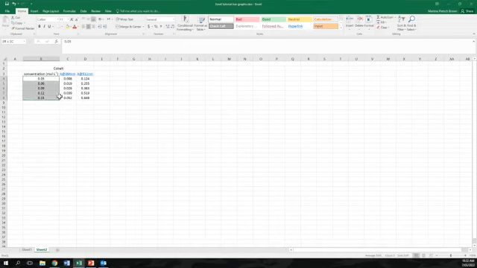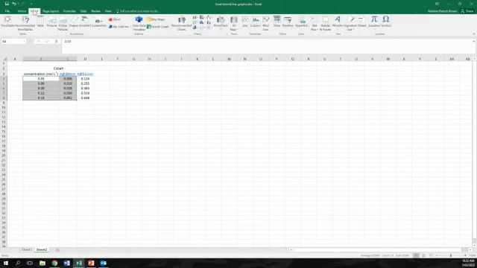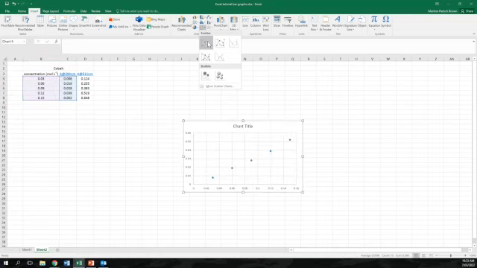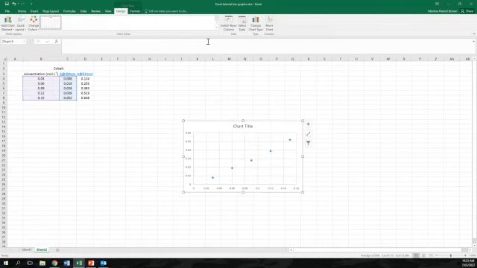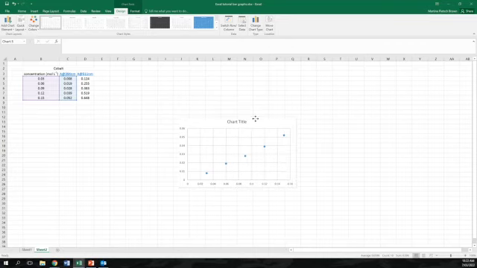We need to highlight the data we want represented in the graph, and then at the top ribbon we click on Insert, and then we go to the chart options and pick the scatter plot one. As soon as we click on the icon, Excel creates the graph with the values in the left-hand column presented